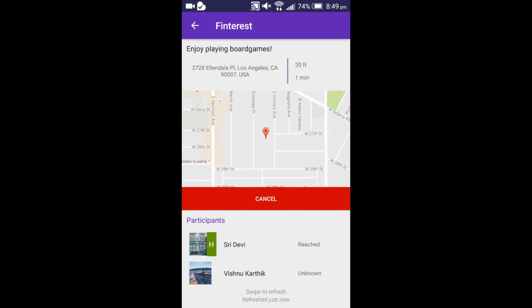Vishnu is now on his way, so let me refresh the event details page again. Now the status for Vishnu is displayed as 5 minutes. Vishnu has just arrived at the event location, so when I refresh, now his status is